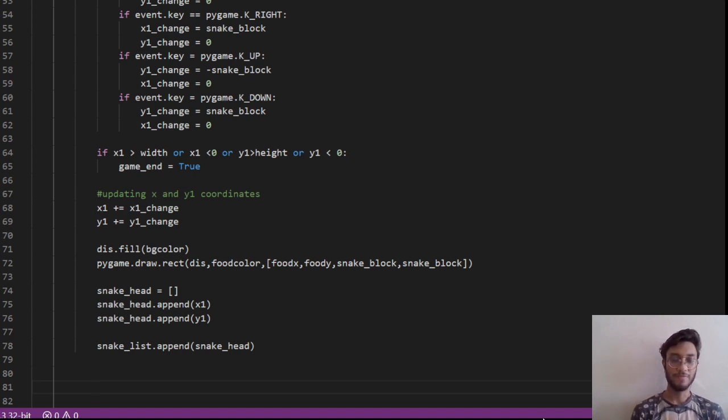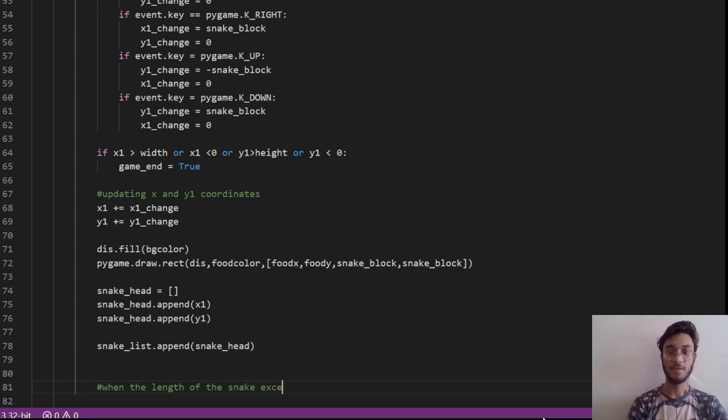Now, we need to handle when the length of the snake list exceeds the length of the snake. This scenario may come when a very pro player is playing and the snake keeps on growing. In that case, we need to delete from the snake list.